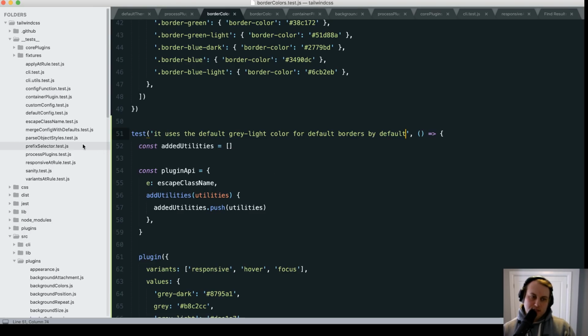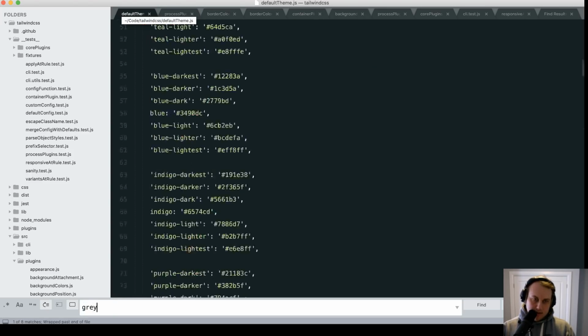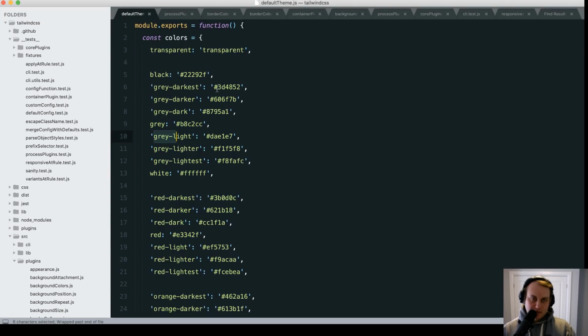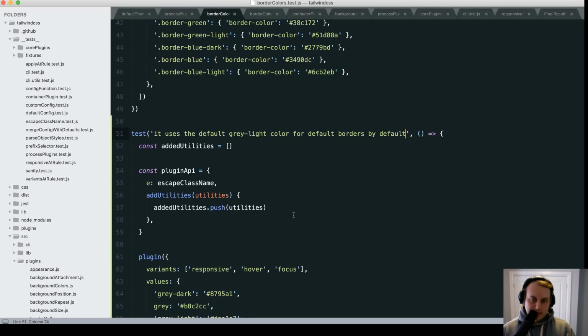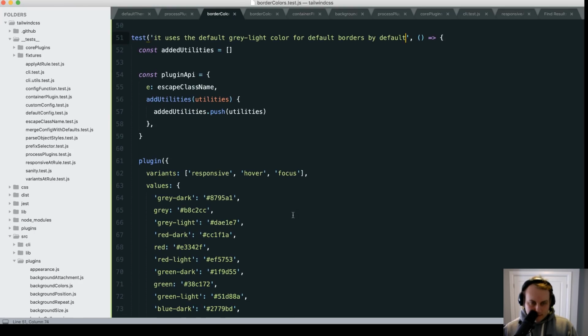Kind of blows that this plugin is going to have a dependency on the default theme, but I guess that's okay. I mean, again, it's one of those things where there's worse things to be worried about, I guess, whatever. Okay, so